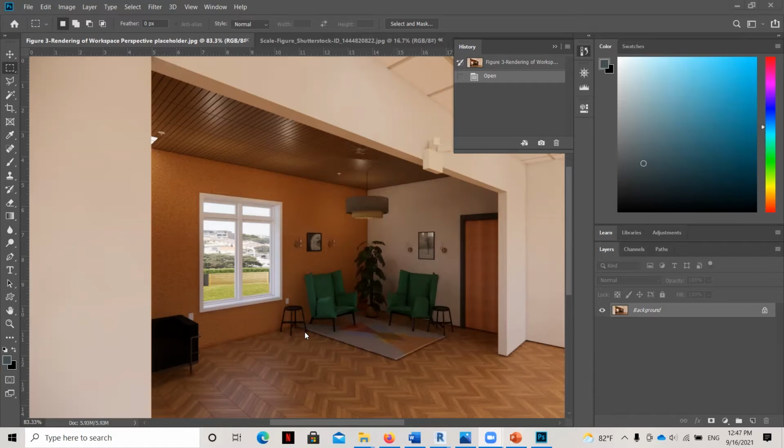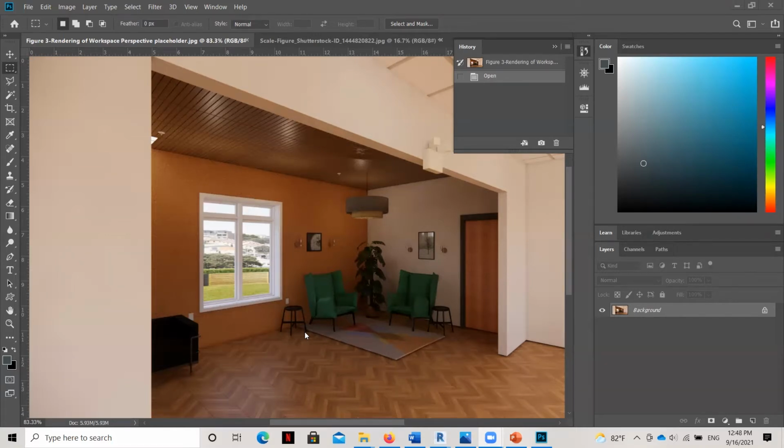But I tend, just personal preference, to like to just use silhouettes because it can be kind of distracting when there's realistic scale figures brought in. For me, I tend to want to see, what are they wearing? Is it appropriate to the setting? Are they looking in the right direction? I get hung up on whether there's light coming in on a part of their body that's correct based on where they are within the rendering relative to a light source or a window.